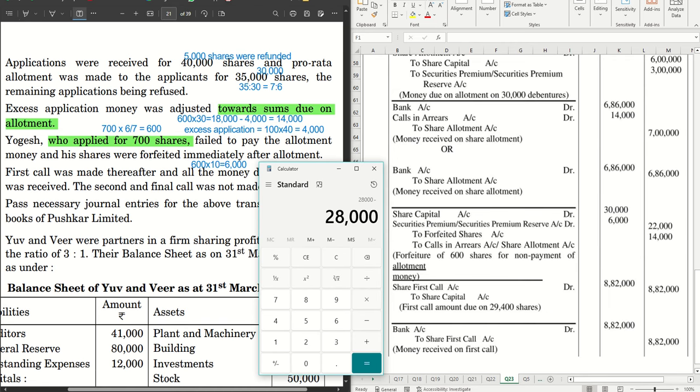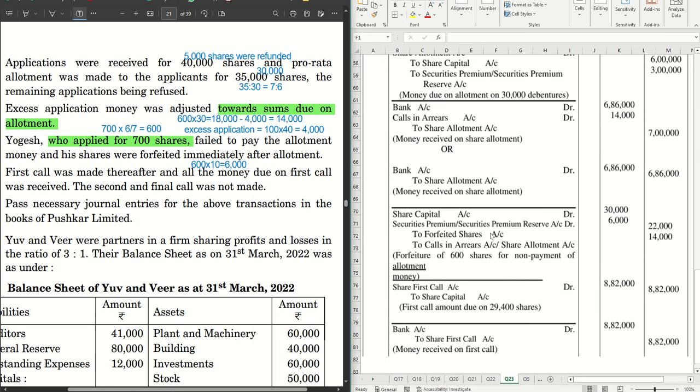ओके, तो 600 शेयर के हिसाब से 600 इंटू 10, 6,000 रुपये उसके प्रीमियम बनते हैं जो कि माइनस हो जाएंगे। एप्लीकेशन वाले प्रीमियम है ये, ना कि अलॉटमेंट वाले। जो उसने पे कर दिए थे एप्लीकेशन के वो प्रीमियम माइनस हो जाएंगे। तो 22,000 रुपये उसने नेट पे किए हैं एक्सक्लूडिंग प्रीमियम जो कि फॉरफिट हो चुके हैं। यहाँ पे शेयर फॉरफिचर में आ गया 22,000। कॉल्स इन अरियर में हमने ऊपर कैलकुलेट किया ही है 14,000, वो यहाँ पे क्रेडिट हो गया टू कॉल्स इन अरियर्स। ओके, शेयर फॉरफीचर हो चुका है। इसके बाद क्वेश्चन में री इशू के बारे में अभी कुछ बोला नहीं है। अब नाउ कंटिन्यू विद द क्वेश्चन।